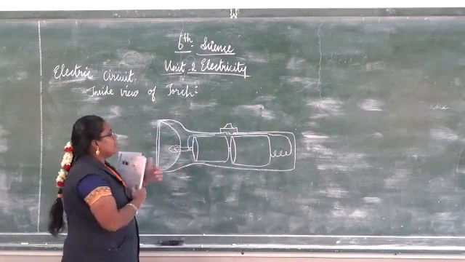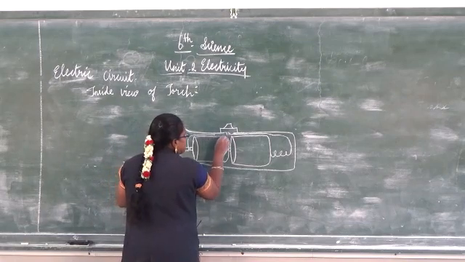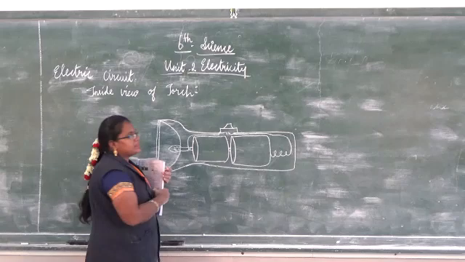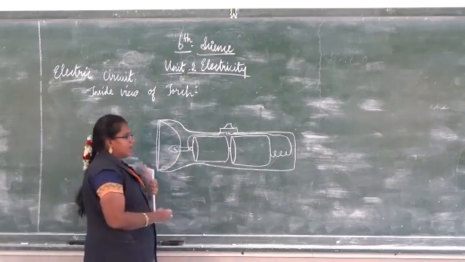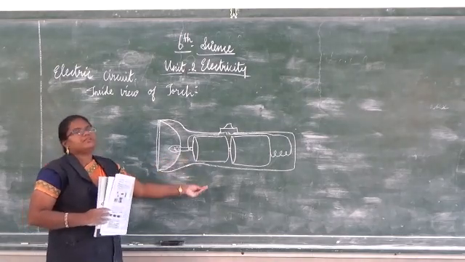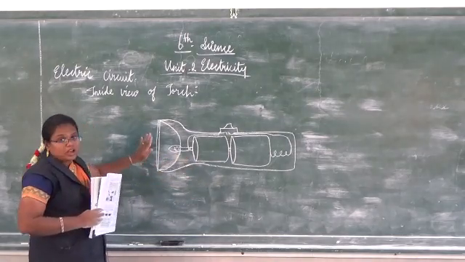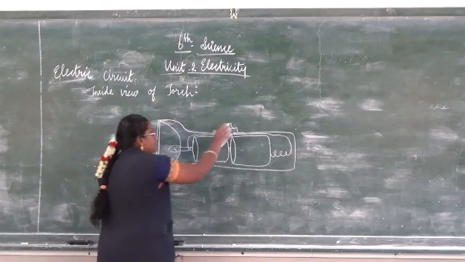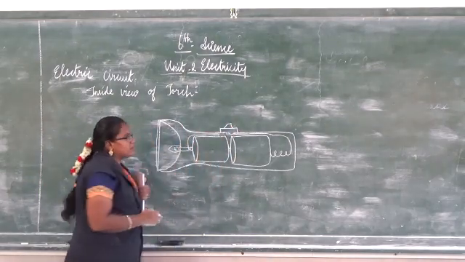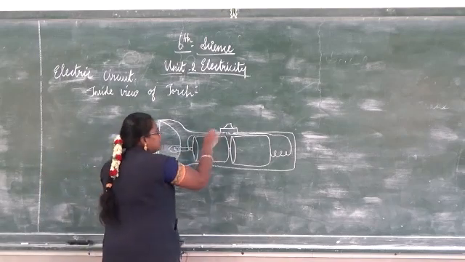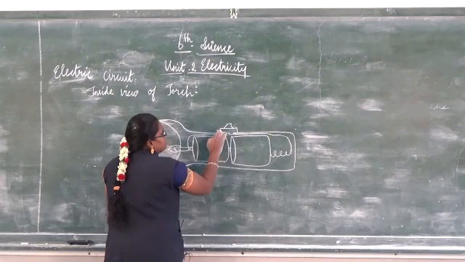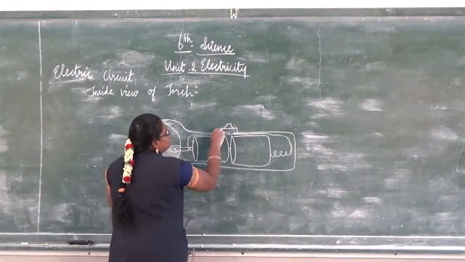If this touches the bulb, see, there will be a gap here. If it touches, what will be there? The continuous flow will be there. Understand? Continuous flow of electric current will be there. Then the torch will glow. If it is not touching, this place, in the book also they have given clearly, then it will not glow. Here it is not at all touching. Okay children, it is not touching here.